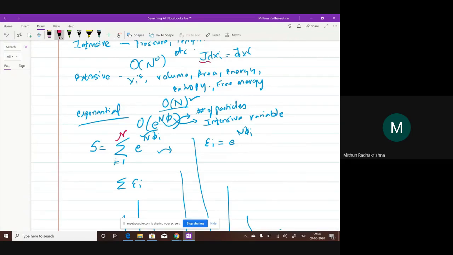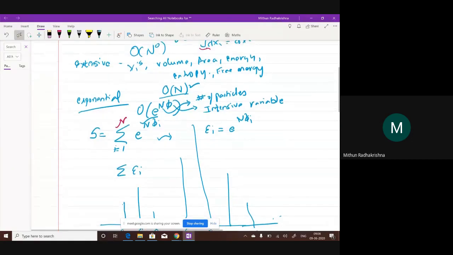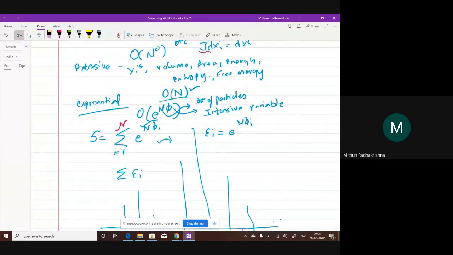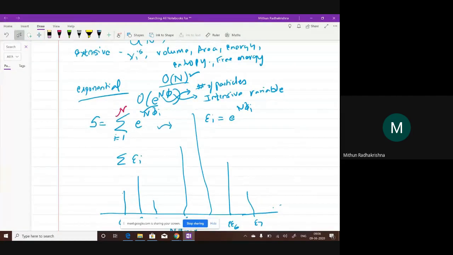And most of the common quantities go as order N, but there are many things which may go as order N squared also, right? Which we don't talk about much in this course, but there are cases where that happens, especially when it comes to astrophysics, etc. And there are some terms which, while we evaluate, you will have to solve an equation where it is a sum of e to the power N phi. So they go as order of exponential of N times phi, where N is the number of particles in the system and phi is nothing but some intensive property of the system.